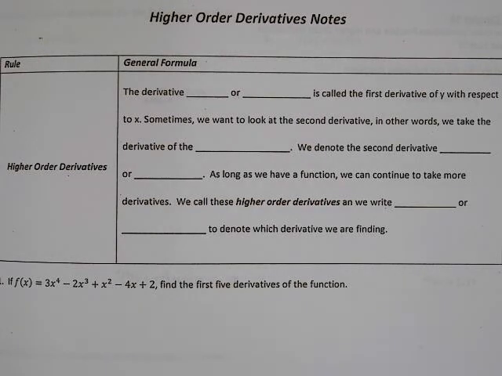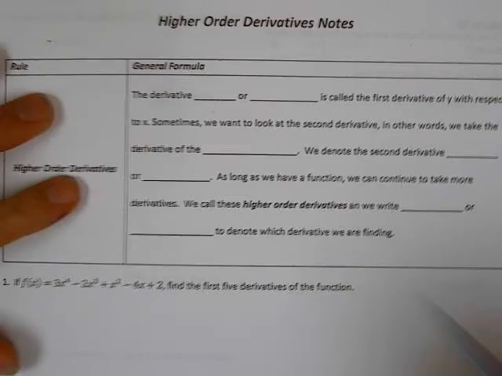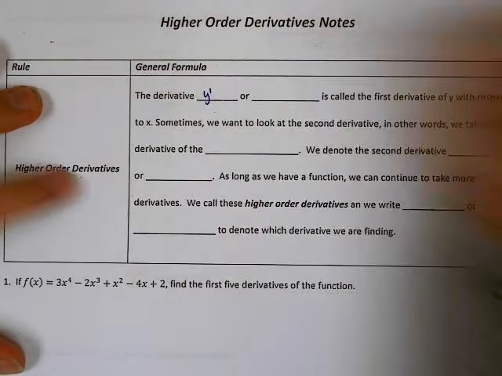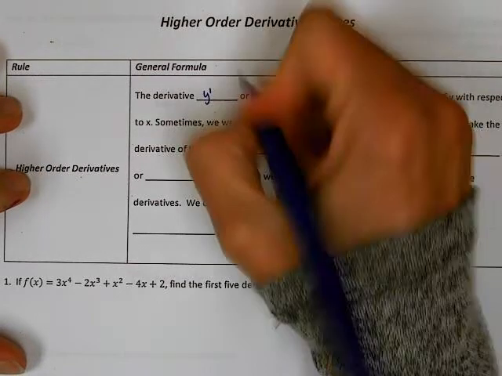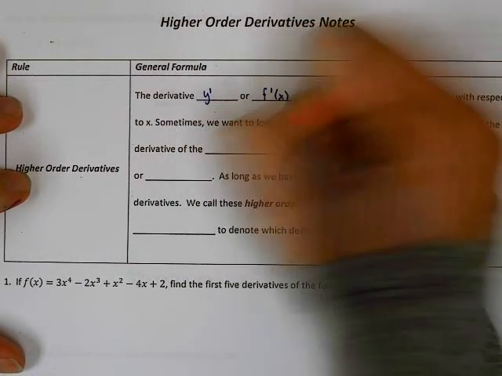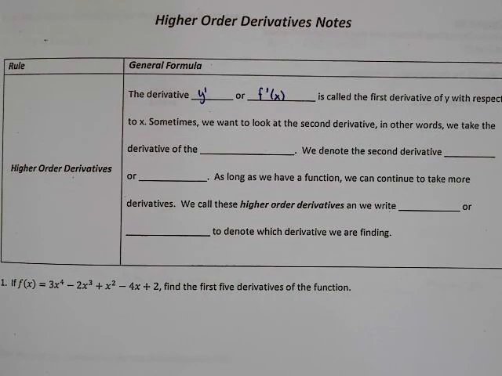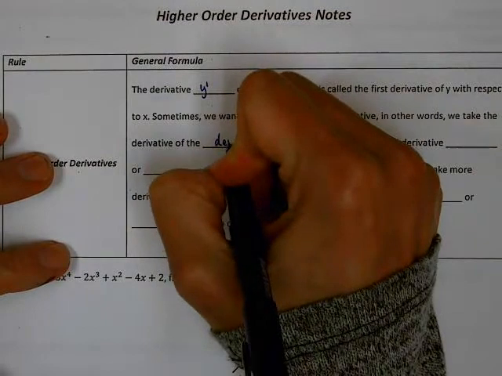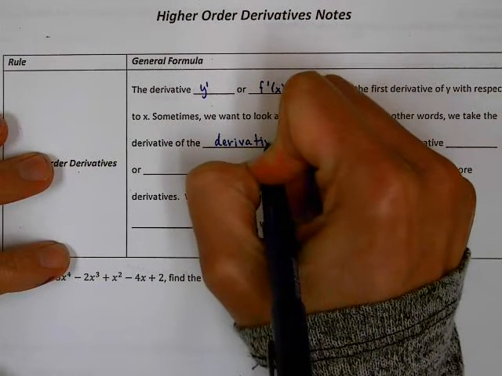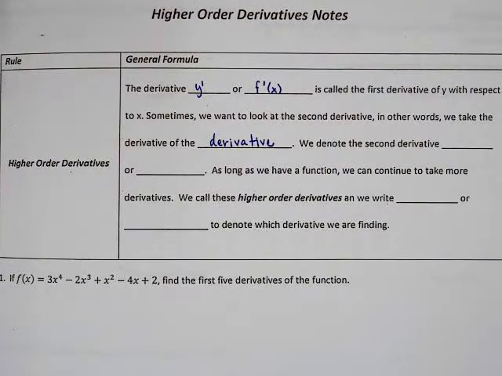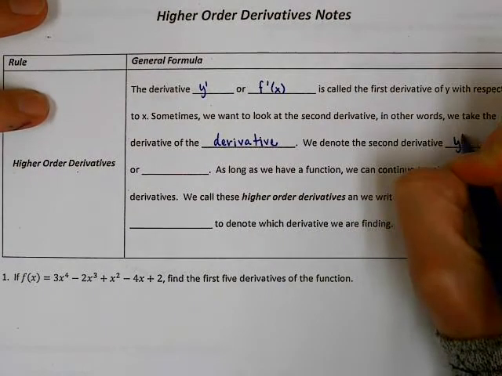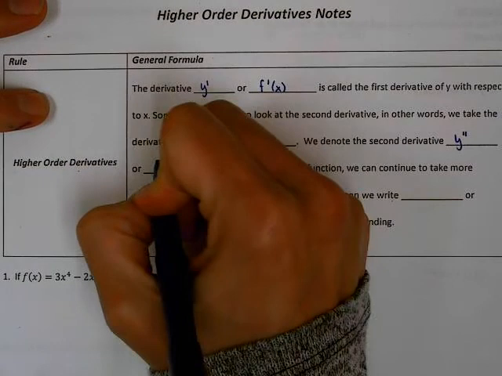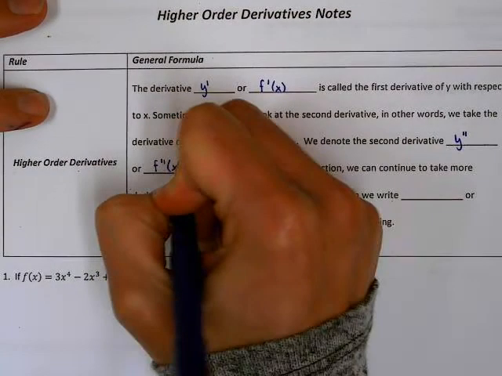anything else. So we say that the derivative, and we know we have notation, sometimes we use the notation y prime, sometimes we'll see f prime of x. But we know that derivative is called the first derivative of y with respect to x. Sometimes we want to look at the second derivative, so in other words, we take the derivative of the derivative. Okay, and we're going to denote the second derivative. We'd say y double prime or f double prime of x, and that would indicate to me that I was